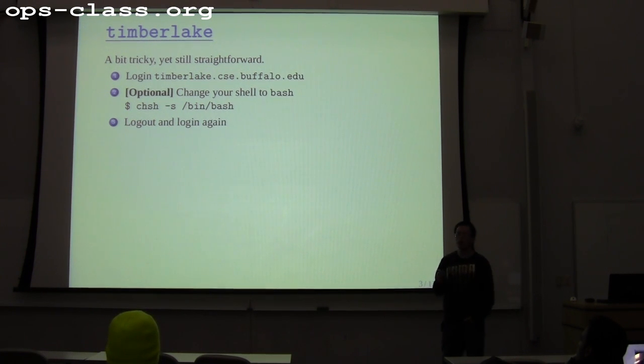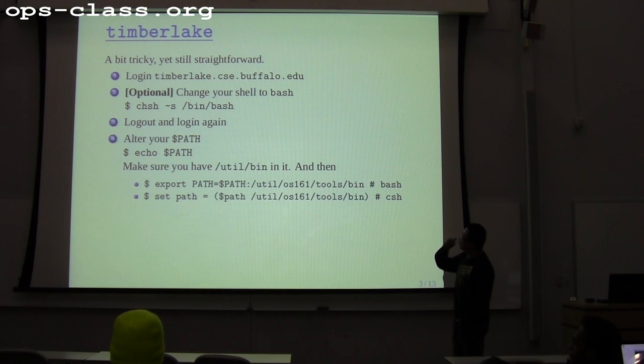As Guru pointed out on the Piazza, you can know which shell you are using by catting the /etc/passwd file and grepping your username. And then what you need to do is change your path. Basically, you first echo your path, just to print out the current value of the path. Make sure you have this